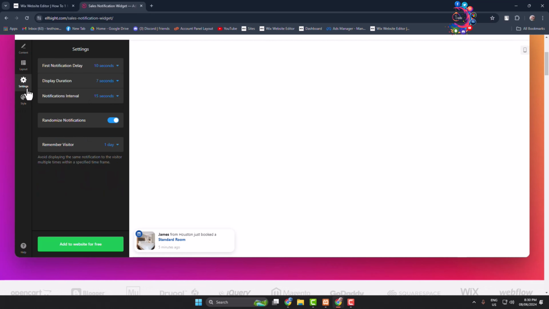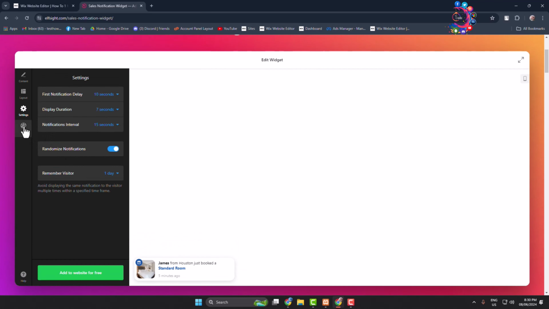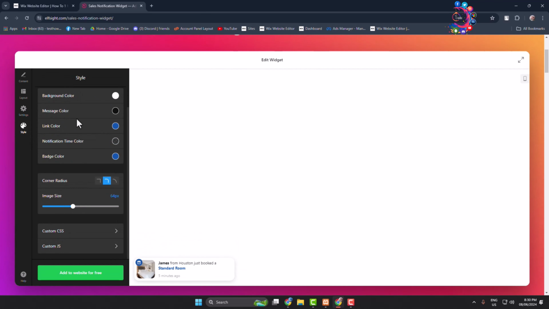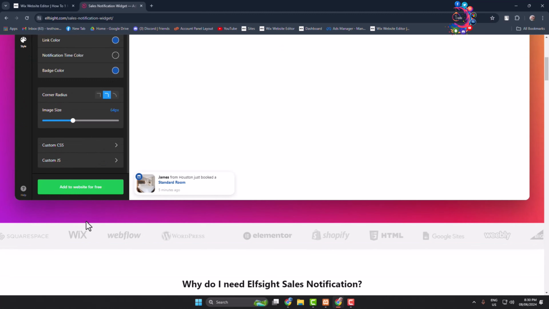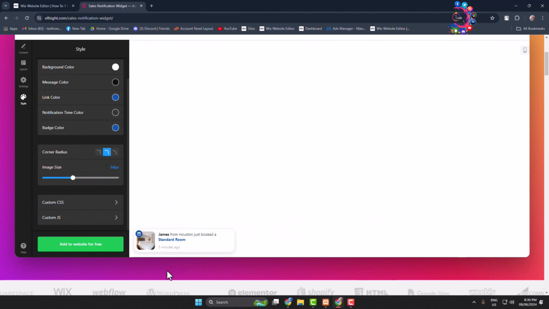Go to settings. Here we can see first notification delay. You can change the delay, you can select the display duration, and go to style, and here you will be able to change the background, message color, link color, notification time color. So all you need to do is edit your sales notifications according to your requirements, and then